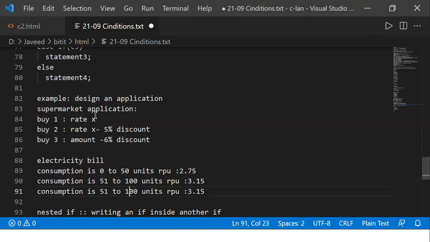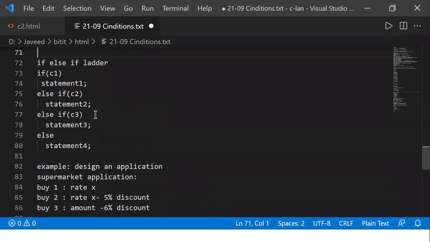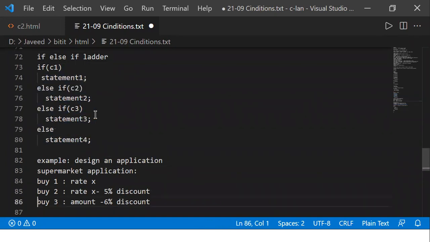And then now let us say that they'll have one more condition. So 101 to, okay, I'll say 200. Then I'll say it's going to be something around 4 rupees 15 paise, I'll make it something like this. Now this series of conditions are going to be there, all right? The set of conditions are going to be checked. So this set of conditions I want to have. Then what I do is I'll use this kind of concept, what you call an if else ladder, I'll be writing it. We'll take one more example.